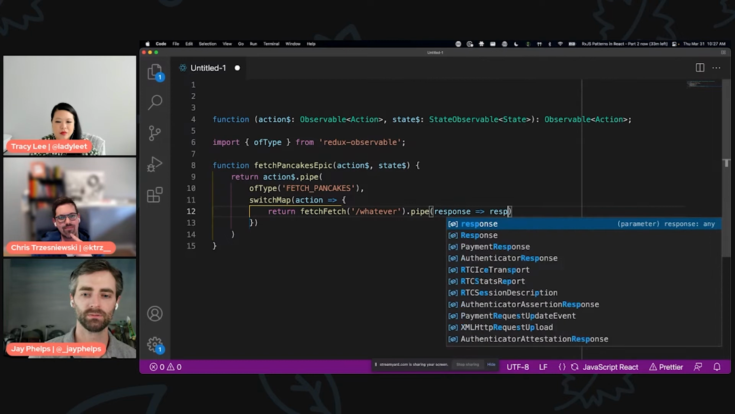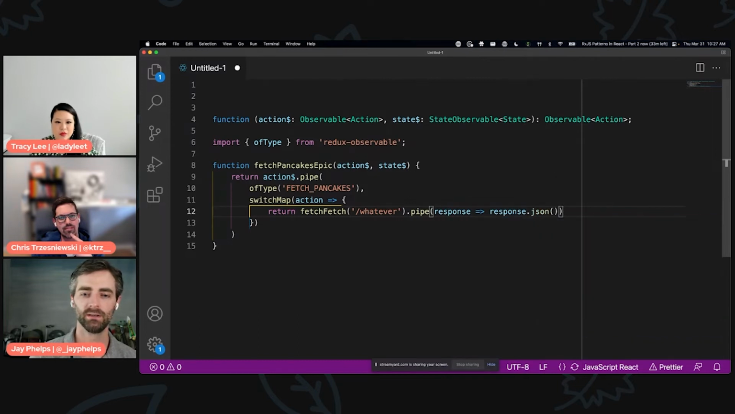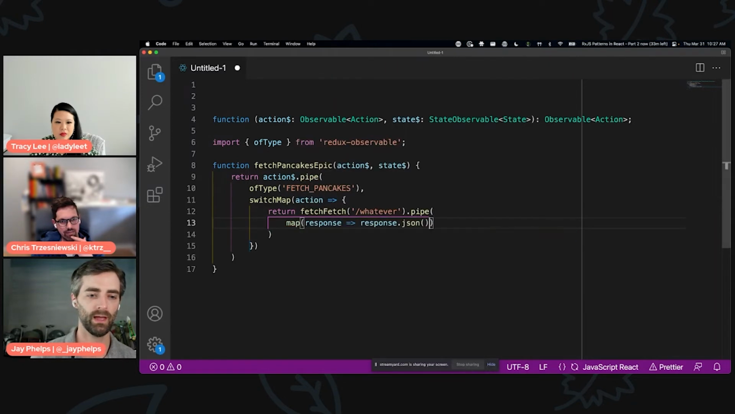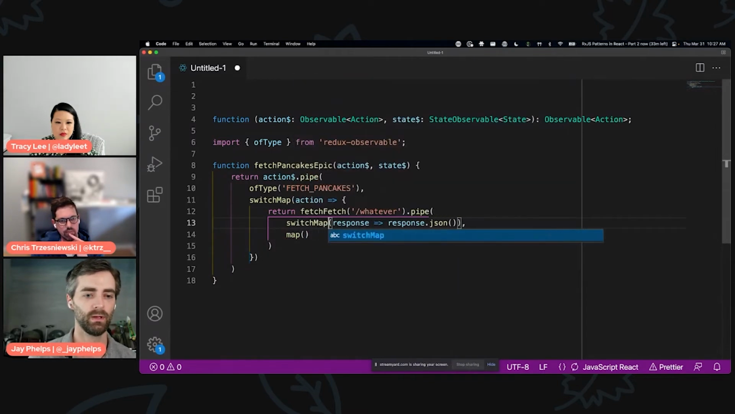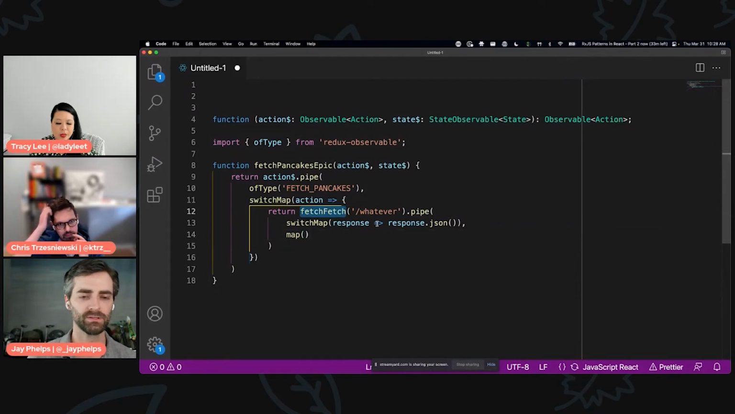So response, JSON, pipe that, map that. Then we'll say map the result of that, switch map. Because basically I'm taking advantage of the from fetch RxJS thing, and then this returns a promise, and switch map